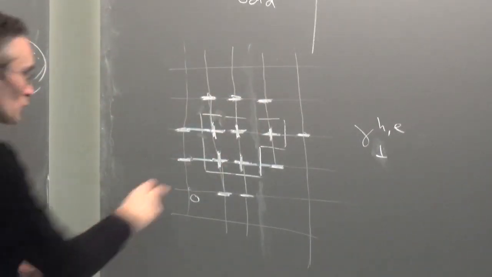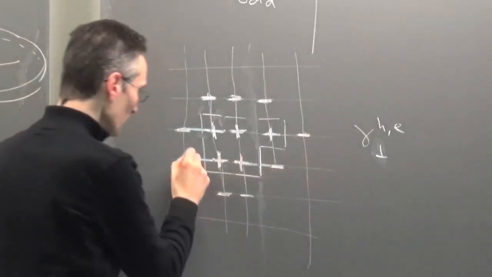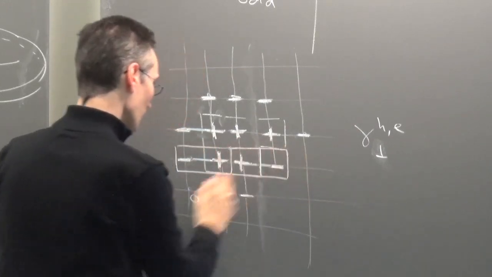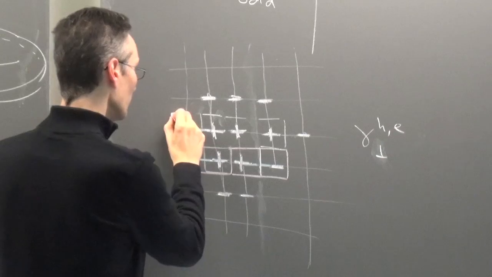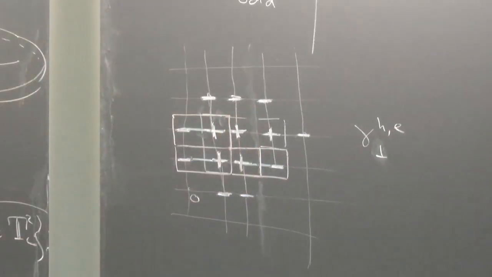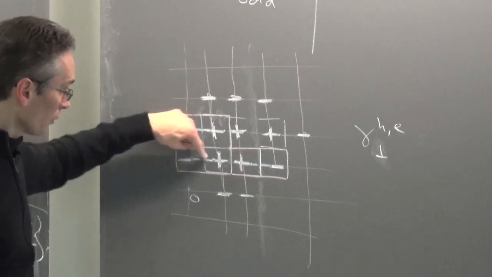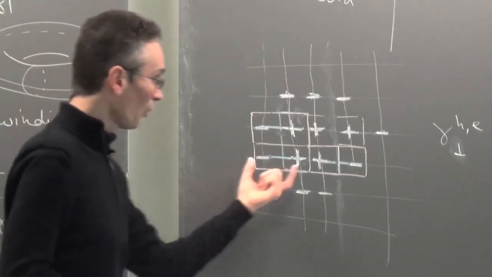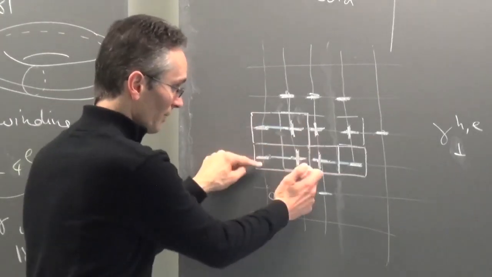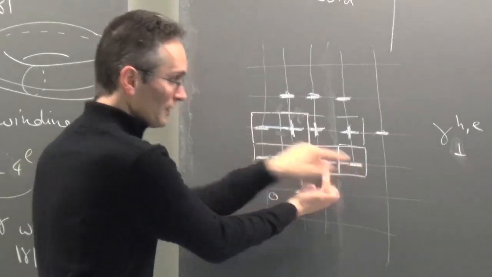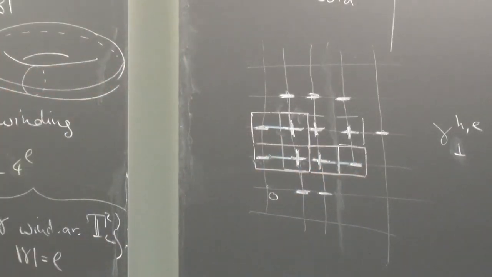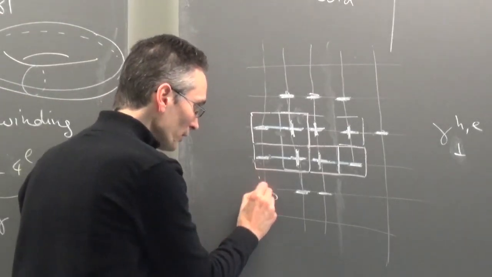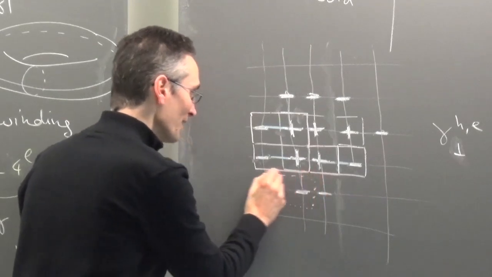So what you see for each of these horizontal edges, which are even, so for this guy, do we have another one? This one. Okay. All these guys, they live in blocks of size 2 by 1, 2 horizontally, 1 vertically. Okay. And they are all reflections. This guy can be obtained by reflection from this one. This guy can be obtained from reflection from this one. Okay, on the blocks. They are all reflections of one of two possible functions, which are living in this particular block, which is the block containing 0 and its neighbors on the right.